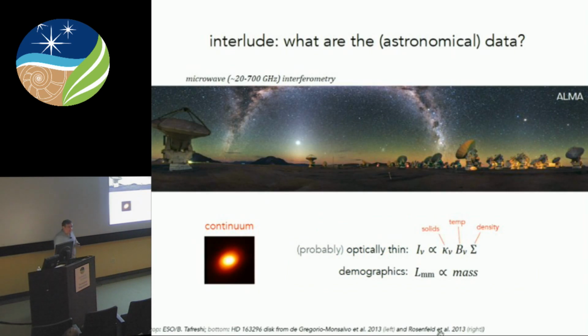So the continuum is going to be the focus because I'm talking about the solids in these disks. And historically, the nice thing about microwave continuum emission is that it's probably what astronomers call optically thin, which effectively means you're seeing light from each individual pebble. And then when you add it all up, if you have some special conversion factor, the emissivity of the particles, you can effectively count grains and then figure out the mass of the solids.